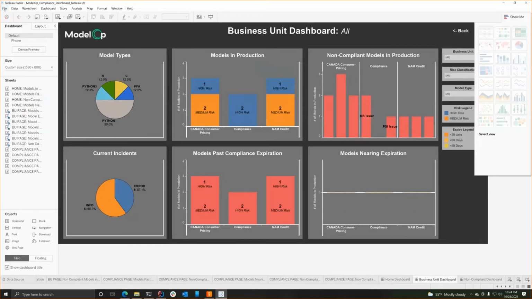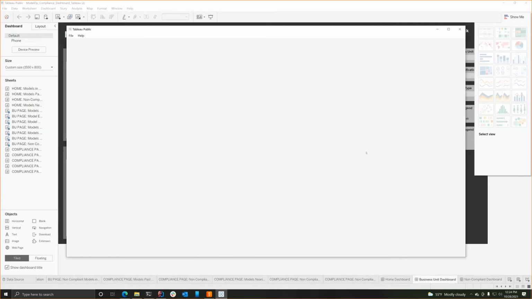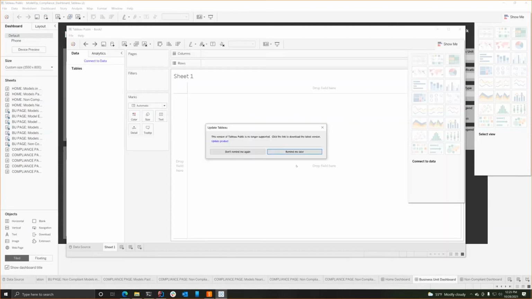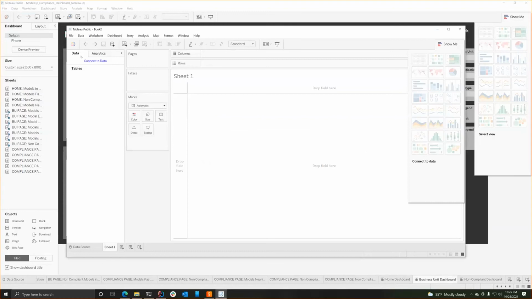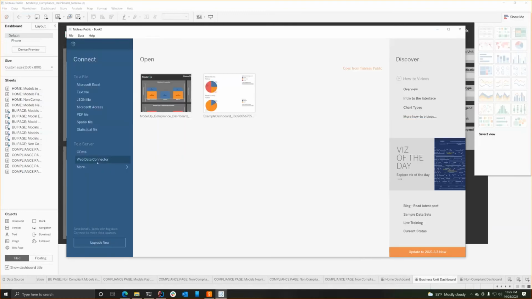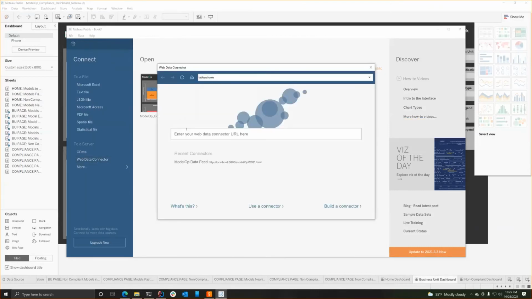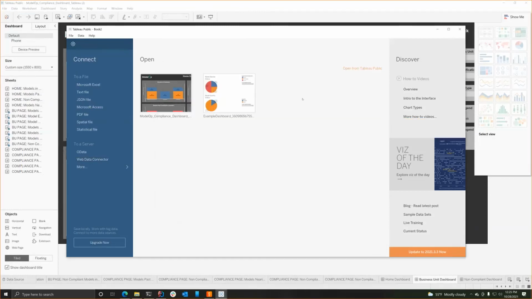And the neat thing is we've done this both in Tableau and Power BI in such a way that it becomes easy to build your own dashboards. We have these ones out of the box you can currently use, but we also make it really easy to bring these in. In the case of Tableau, we've implemented a web data connector where it'll talk directly into our system and allow you to bring the data directly from our system right into